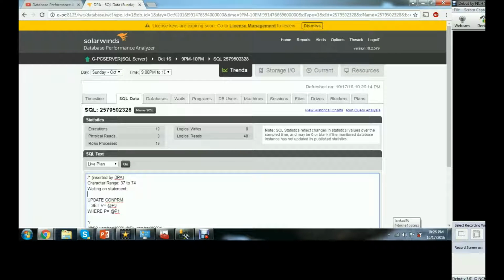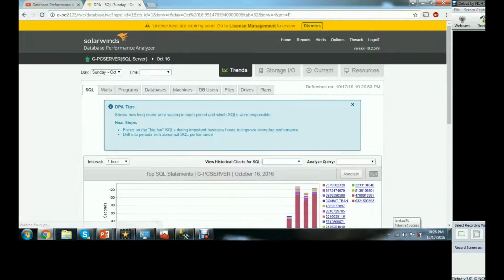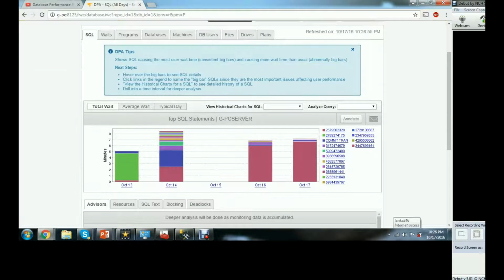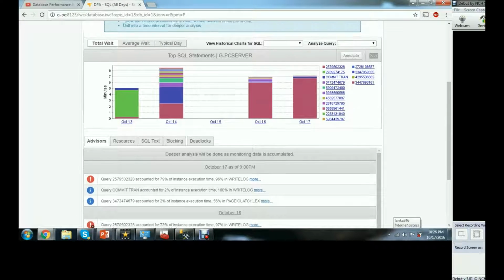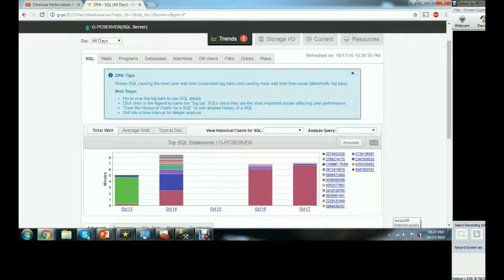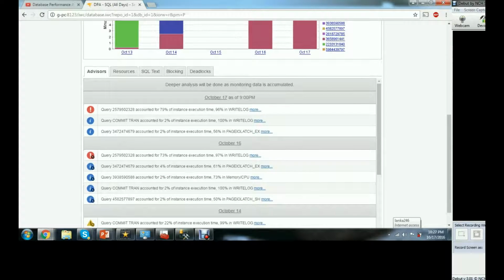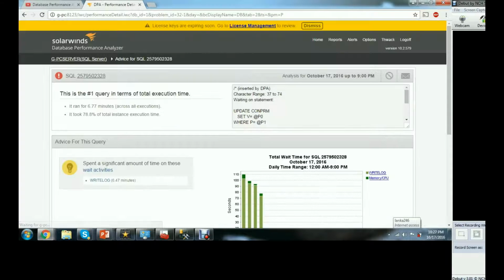So here it's between Sunday. I have given a time. Let me just not give a time and put it to all the dates. So we are back at the trends column. Here you will see all the advisors given after analyzing the database each day, the recommended advisors. So if you go through one of these here,